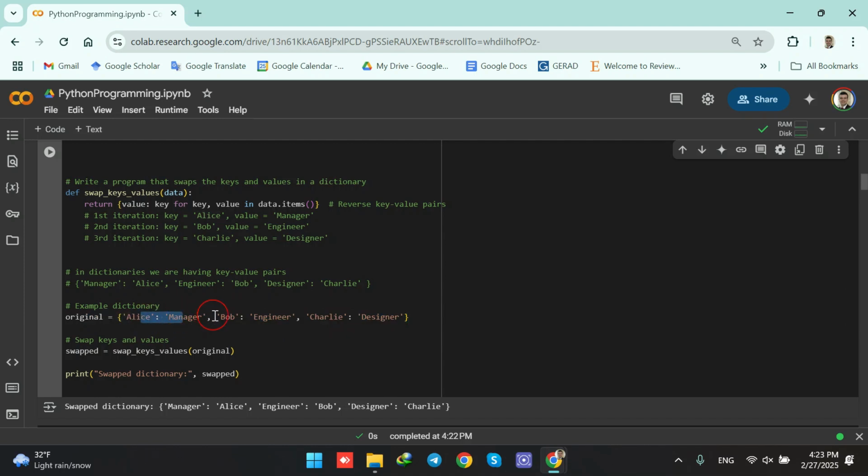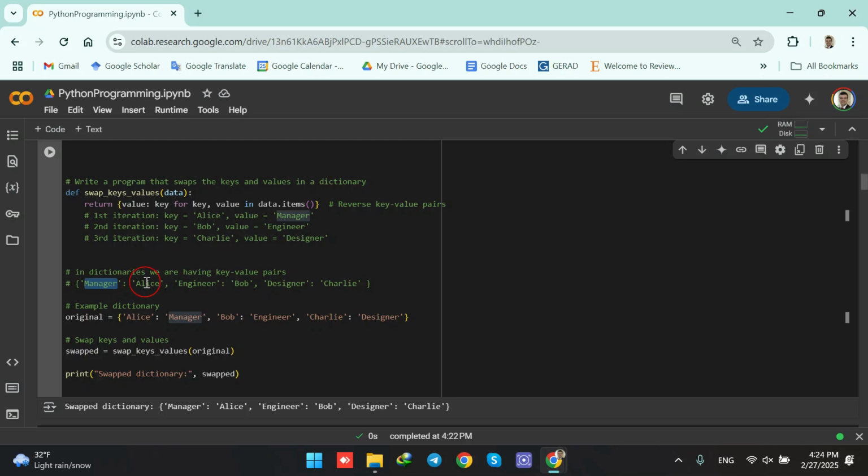So this was the first pair, this was the second pair, and this was the third pair. So we iterated over all the pairs. Now this was the place that we called the function, right? And we passed one argument, which was the original dictionary, and we returned all the output of this iteration, and this is what the output looks like. And this output, because it is on the right hand side of the function call, when we return it, is assigned to swapped dictionary. So we have a dictionary called swapped with these key value pairs,